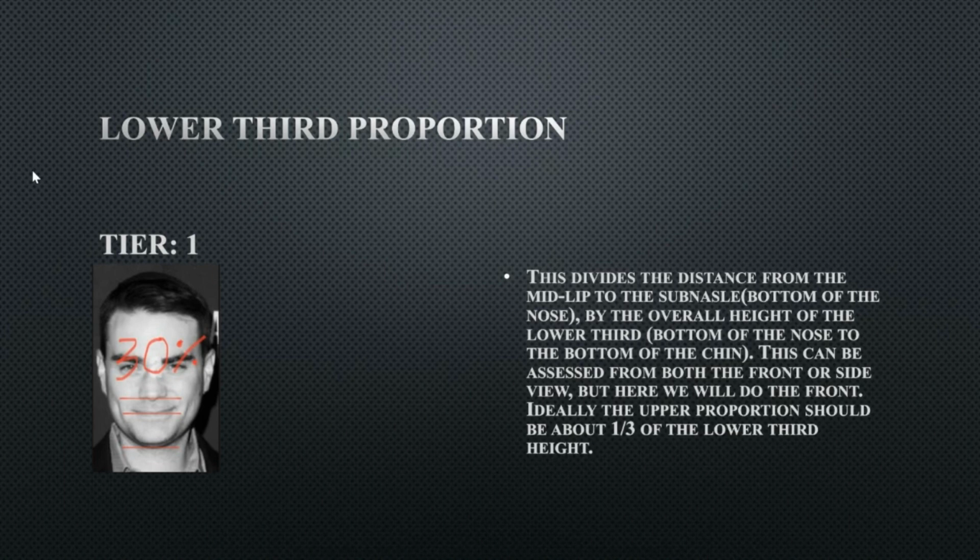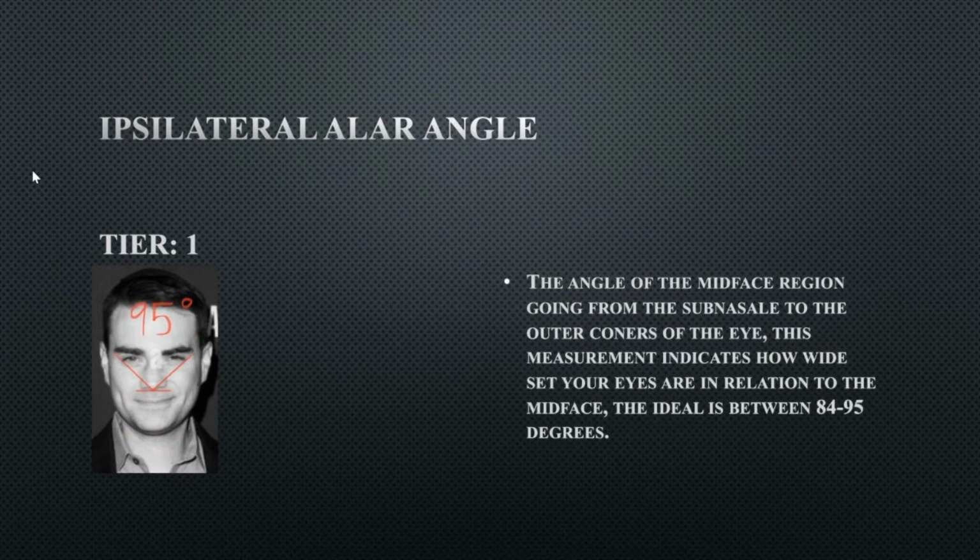Anything less than this will be unideal. So this is at the lower end of the ideal range for the lower third proportion. 33% is the perfect ideal, but he doesn't shift too far from it. His ipsilateral alar angle, so the angle that I talked about that's created from the nasion all the way to